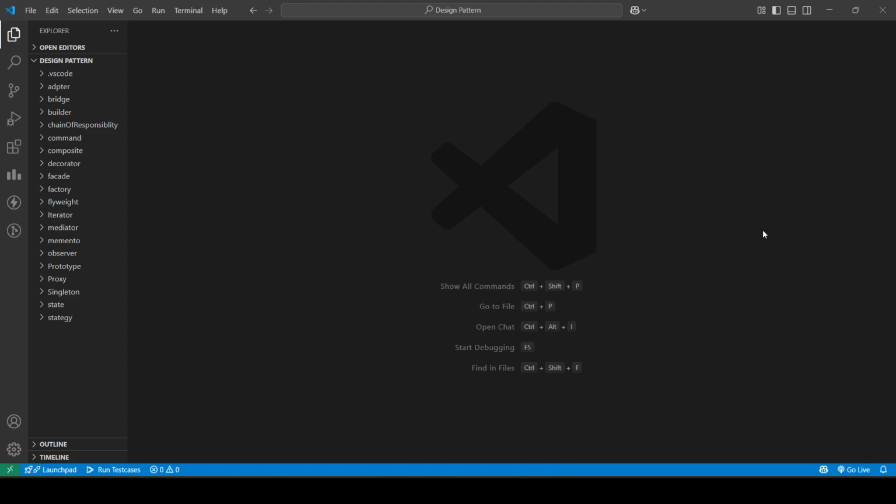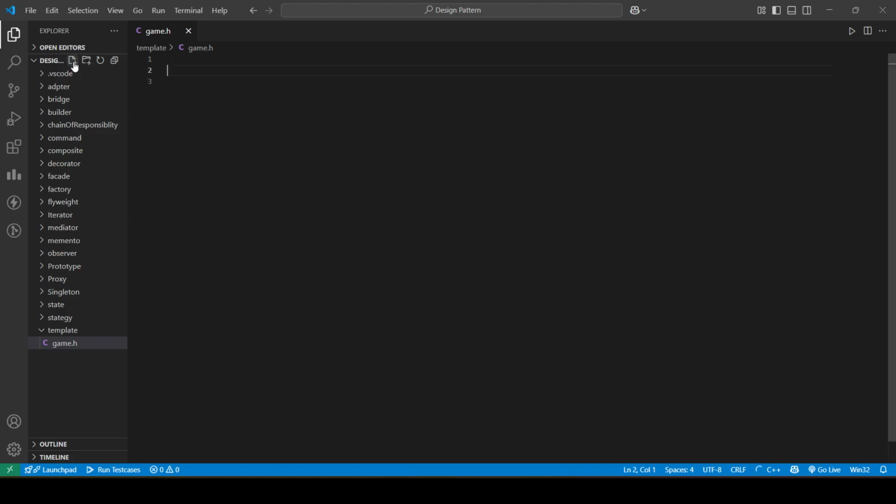We don't want to change the structure of the algorithm, but we want some of the steps to be implemented or changed. Fine. So let's do this step by step and quickly implement it. Inside this template, we have another class, let's say state, or we can have algo. We can just have a game. Let's say we have one game class. Inside this game, we can have